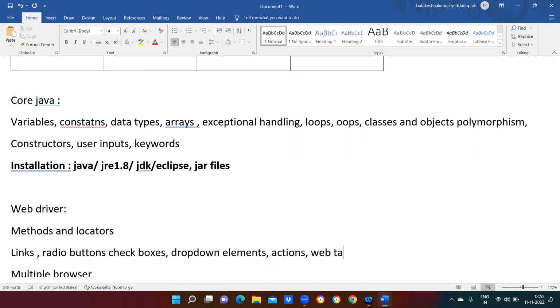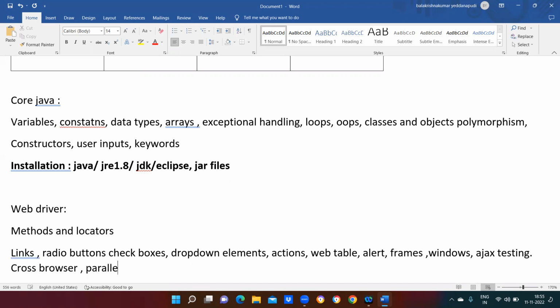actions, web table, how to capture the number of rows and columns in a table, alert messages, frames, how to switch from window to window, frames to frames, Ajax testing, cross browser testing, parallel testing, scroll functions, scroll up and scroll down functions. Next, how to upload a file, download a file,